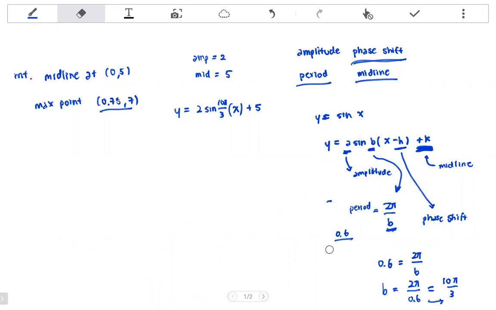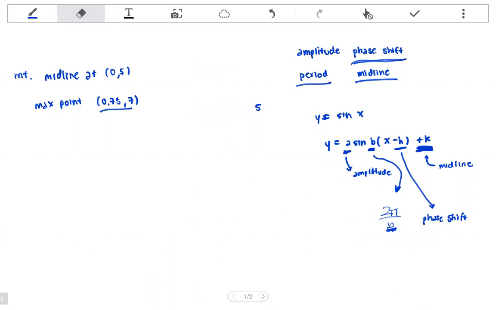Any questions on how to find equations based on the information we're given? No questions? Cool. So if we're also given information, we can also graph